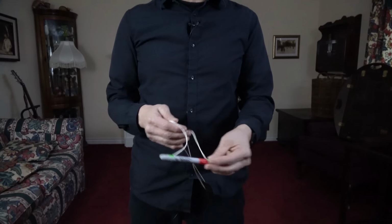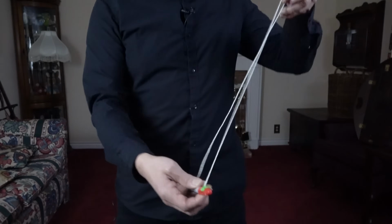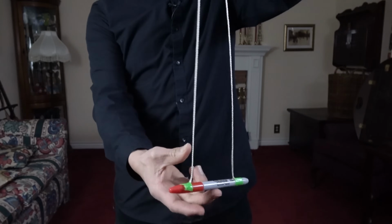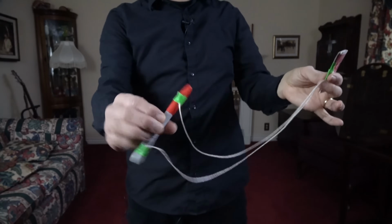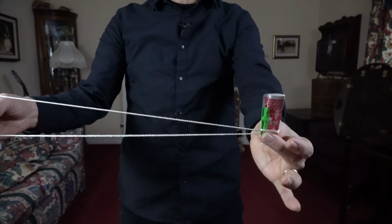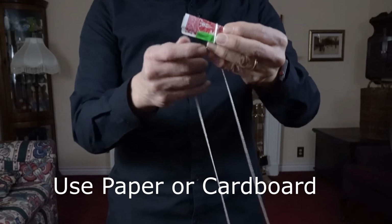Well, here's the setup for the rising Sharpie. I'm attaching the string to the Sharpie in two locations, one near the front and one near the end, just using tape. I'm using green tape so you can clearly see. The other side is the anchor, which goes in the middle. And I didn't actually tape this. It's actually free,